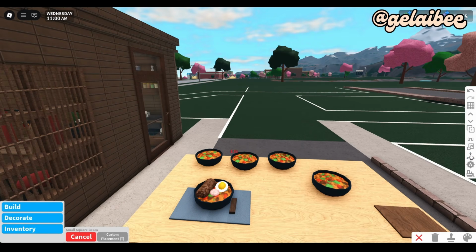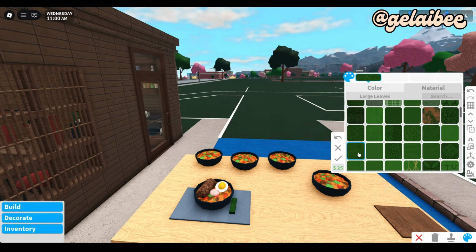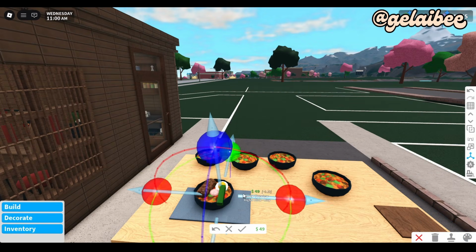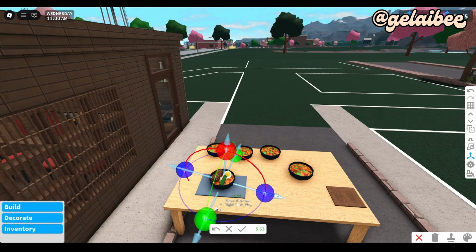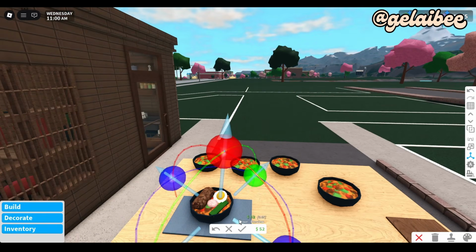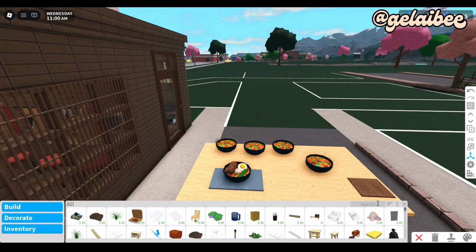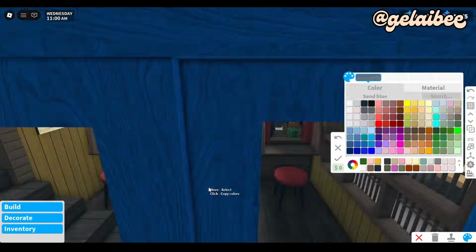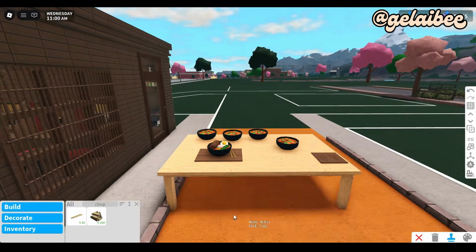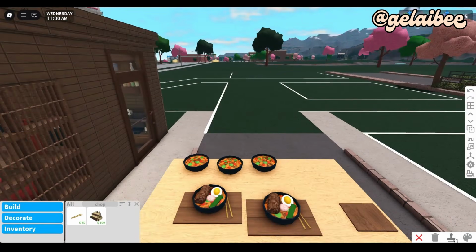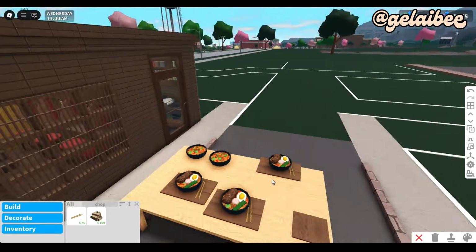I forgot about the dried seaweed topping. We will use a square beam and place this on the mat as well. Color this to parsley green and use the texture of your choice. Then use the transform tool to place this beside the rest of the toppings in our ramen bowl. Add a chopstick on the side of the bowl. Then color the placemat the same as the dining table so it would camouflage. Now you can just duplicate the placemat and then add the bowl at the center using the large grid line,